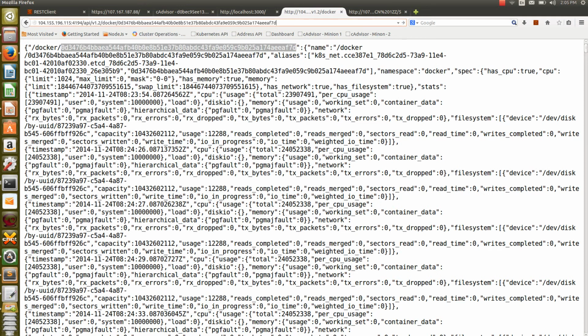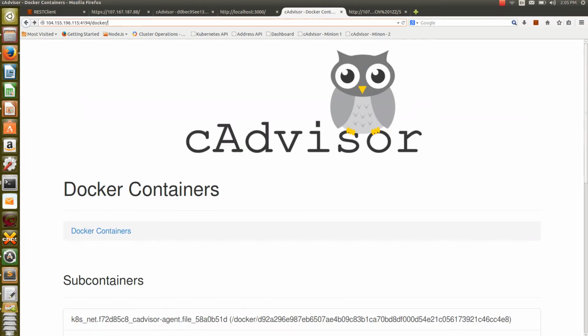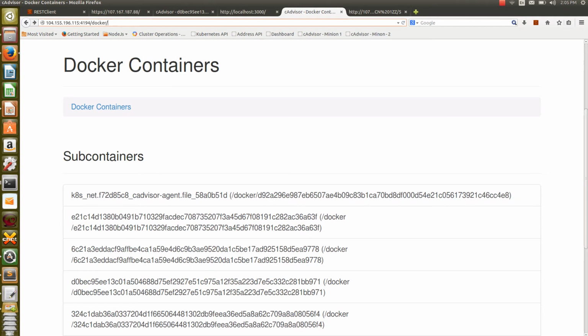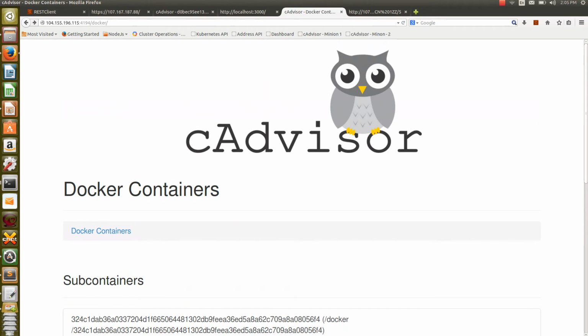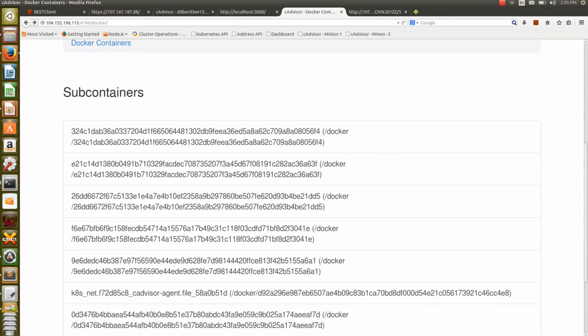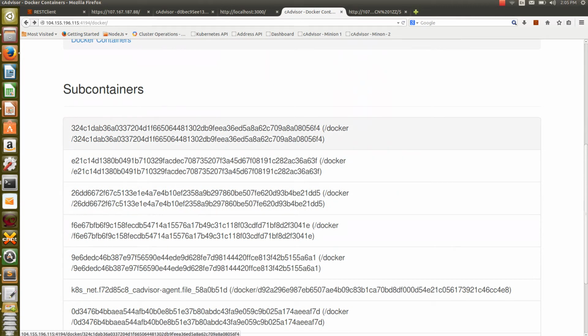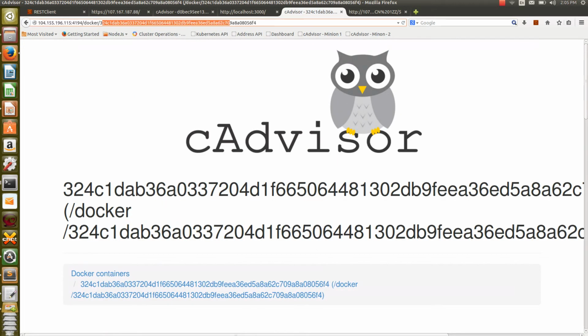It is not necessary, because Kubernetes is taking care of their health. So we don't need to worry about the health of individual containers, but you do have to worry about whether there is any error happening over here. That's the way cAdvisor will help you, with the aggregation of CPU health and all other things. Here, Docker slash the particular container ID, you can get all the information about that particular container.